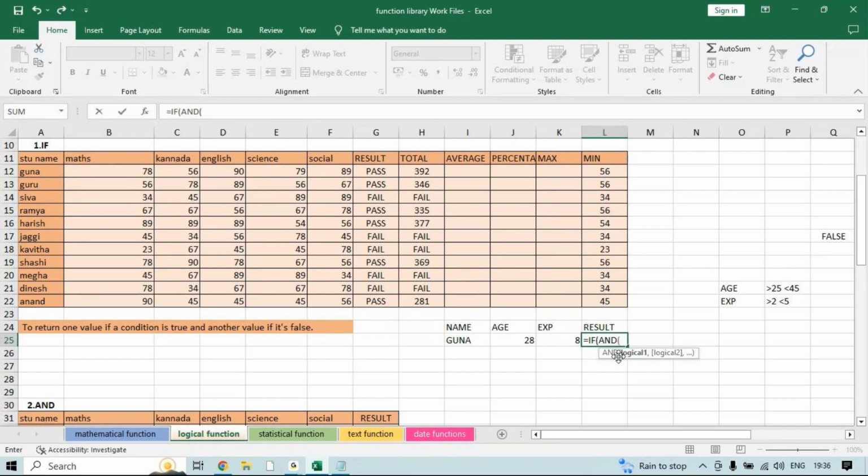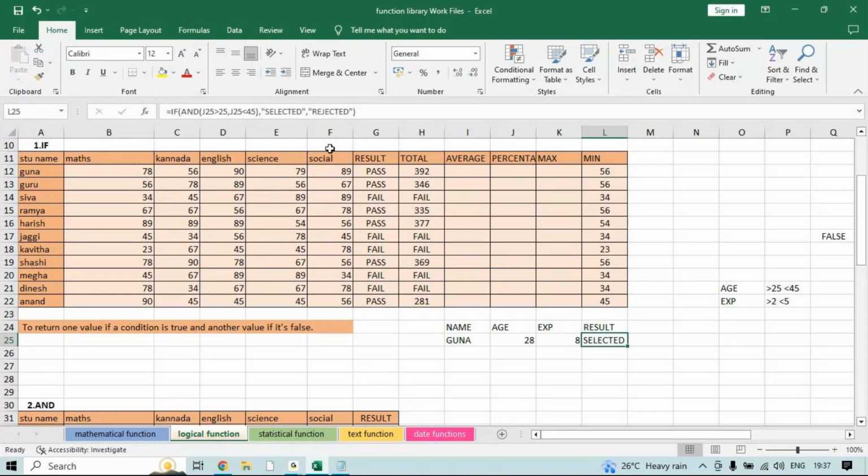So AND, if this is greater than 25, comma, again if lesser than 45, close bracket, comma. Value of true means what? Selected. Value false, rejected. But again I have a problem, right? Experience also I have to calculate. So now what I do is